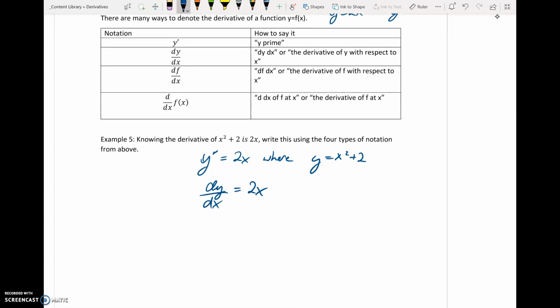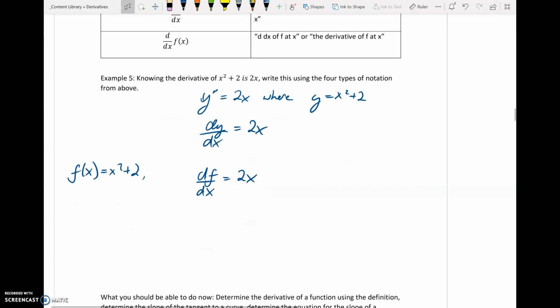Now the other notation, we need to state that f is x squared plus 2 first. f of x is equal to x squared plus 2. Then that means df dx is equal to 2x. And then lastly, you could also state d over dx of this entire function, so x squared plus 2 is equal